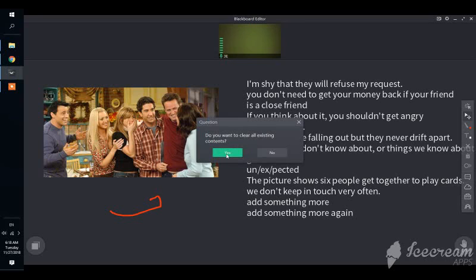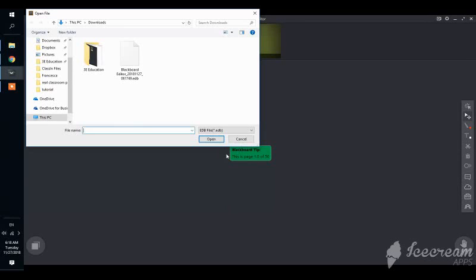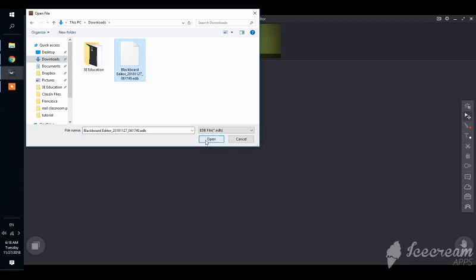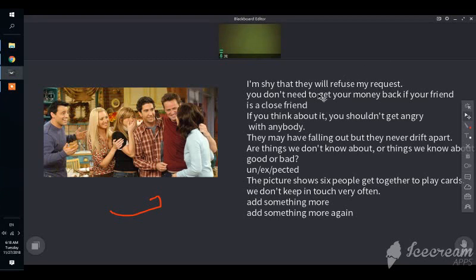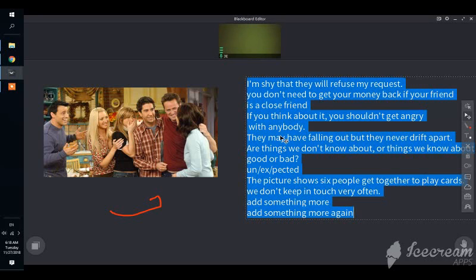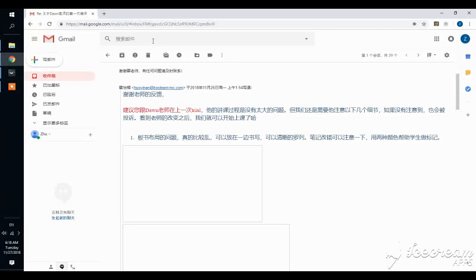I'm trying to open the board file that we just saved. So it cleared all of the blackboard writings and the board file downloads. Oh, here it is. I believe this is this one. Okay, now I get back to the previous class blackboard writings, and I double click it. Oh, I selected move and double click it, Control All, Control Copy, and when I go to the